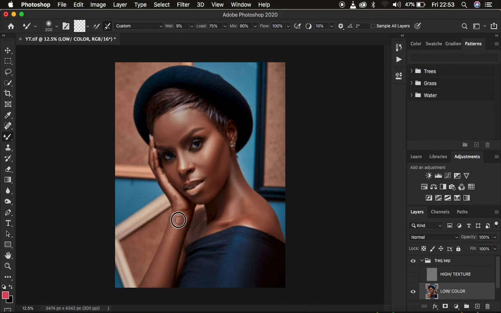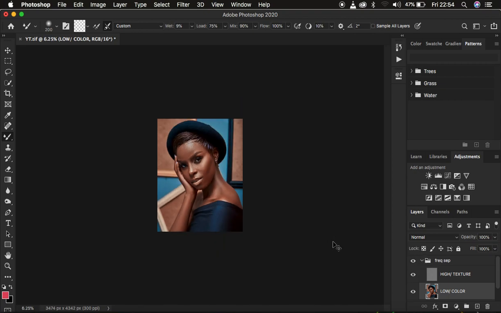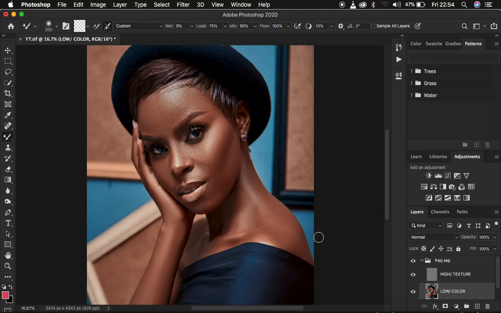But like I said, we turn off the texture so that you can see the inconsistencies within the transitions in the skin tone, and we are going to really have a better image at the end of the use of the mixer brush tool. So right now we are done retouching the image using the mixer brush tool, and I'm just going to turn on the texture layers to show you the before and after, before, after. One other trick that I tend to use when I'm using the mixer brush tool